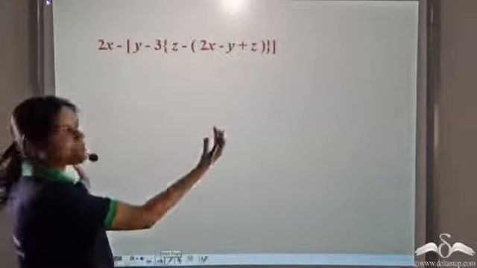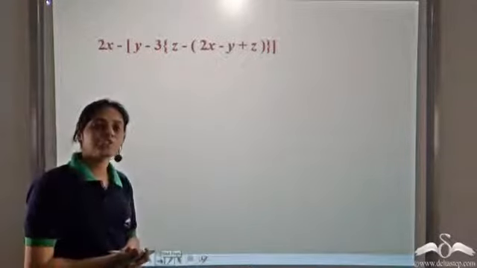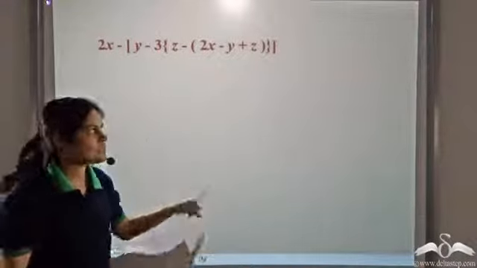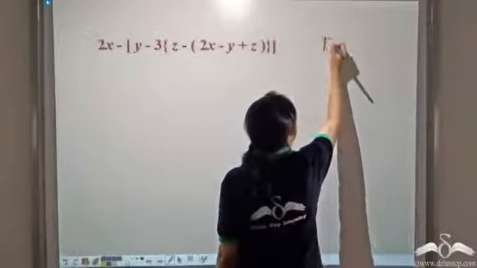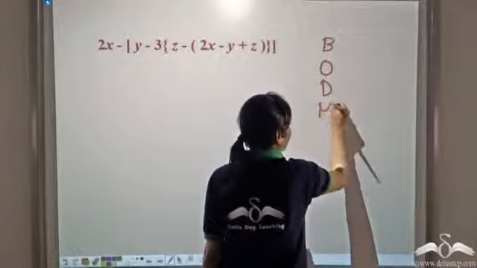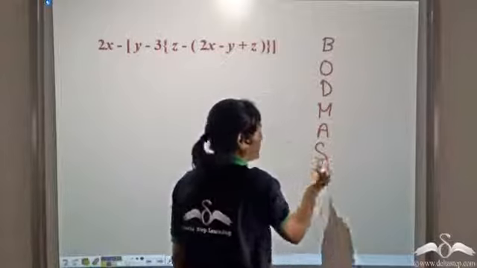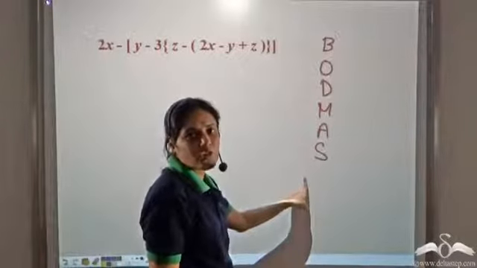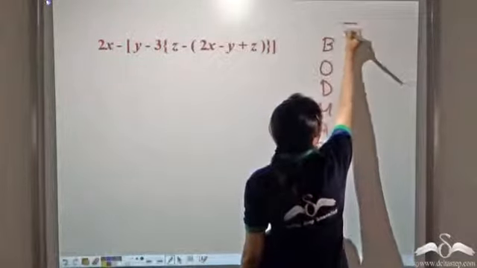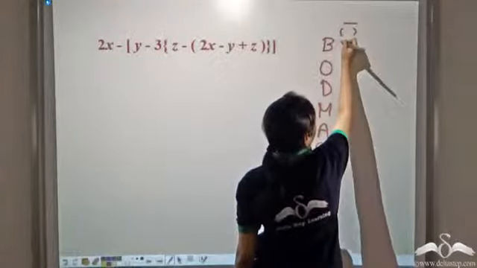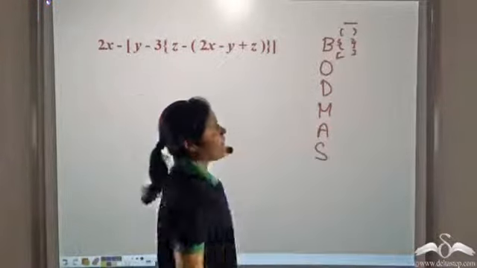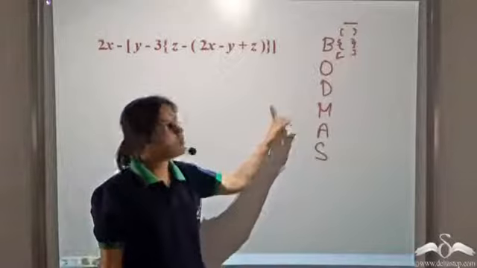So we have this huge expression here, and let us try and simplify it. So we need to follow BODMAS. So let us first write BODMAS here. B, O, D, M, A, S. This is the sequence to be followed. In brackets also, we have a sequence. First the line bracket, then common brackets, then curly brackets, and then the square brackets. This is the sequence to be followed.